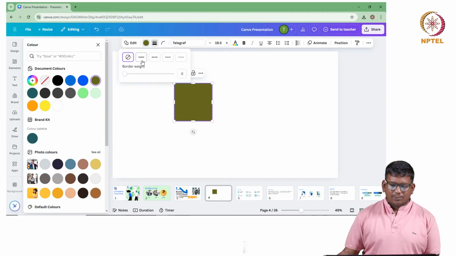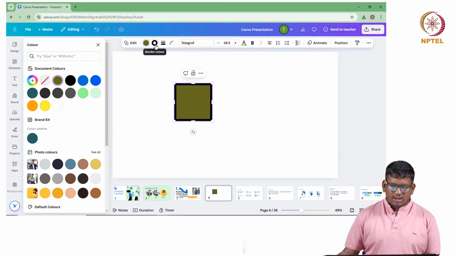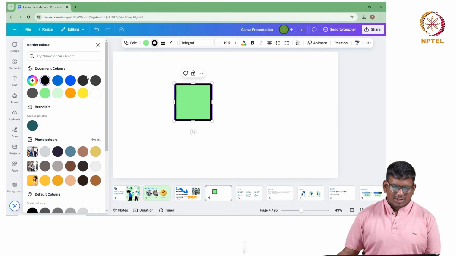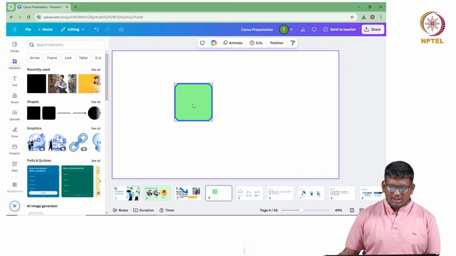And then you have the borders also. You can add some border weight to this, and let's switch the color. I need some vibrant color. Okay, let's give the border some other color. Let's go with this, and let's keep the border a little bit thin. Then you can increase the corner rounding so that it gets a little bit better in shape.